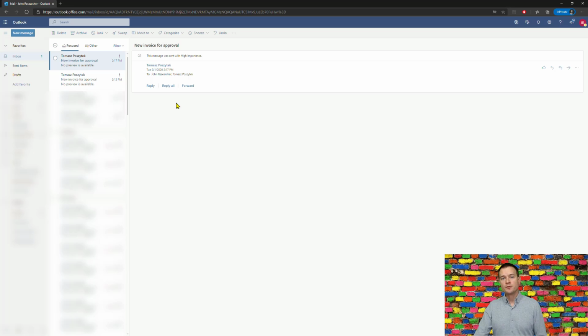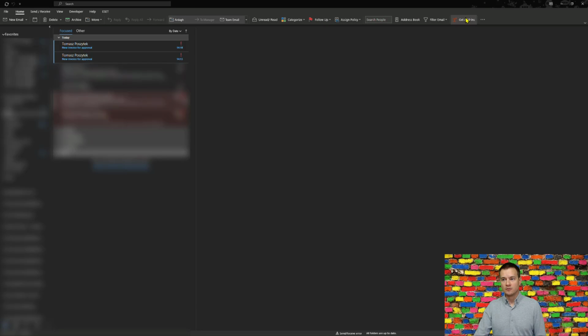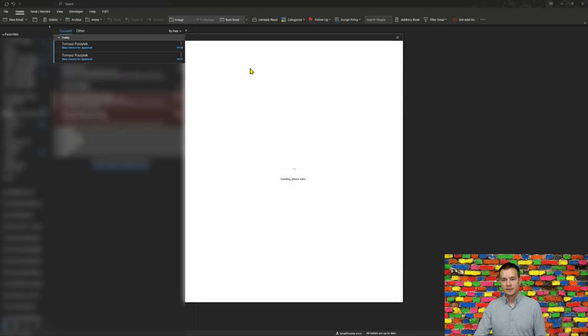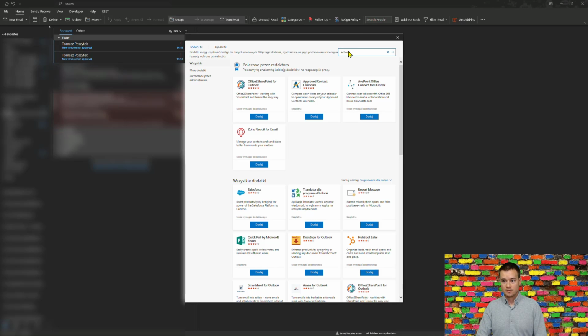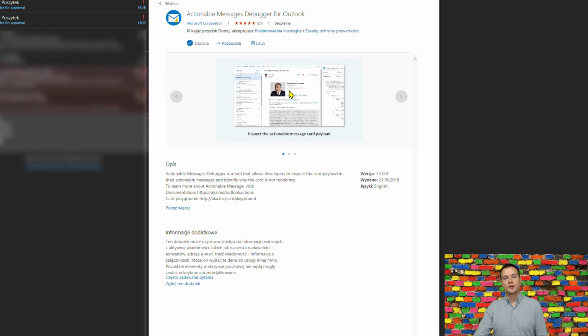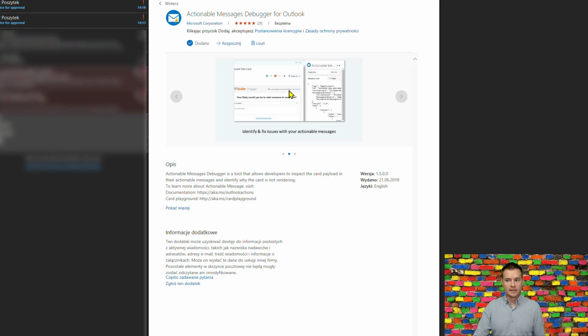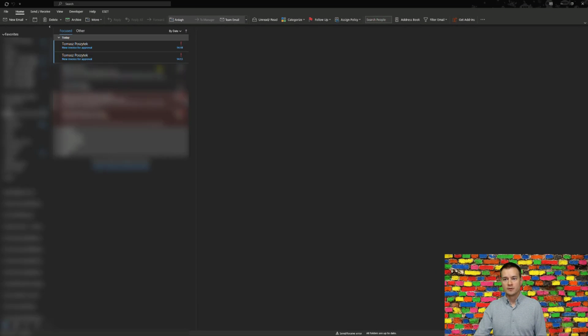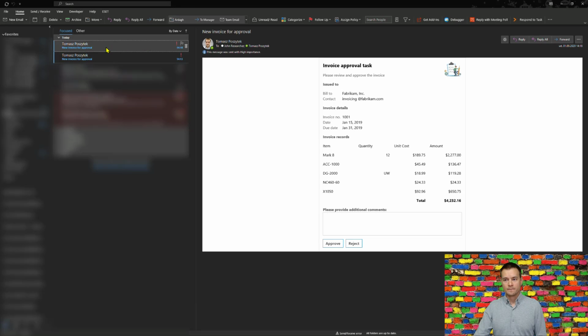Now, to help you troubleshoot issues with actionable messages, I recommend you install this add-in called Actionable Message Debugger. This will help you review the contents of an adaptive card sent with this message and also troubleshoot issues. So for example, in this case, once I open this actionable message and hit the debugger,